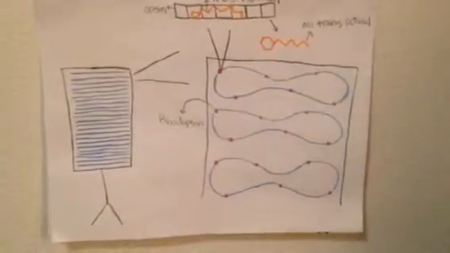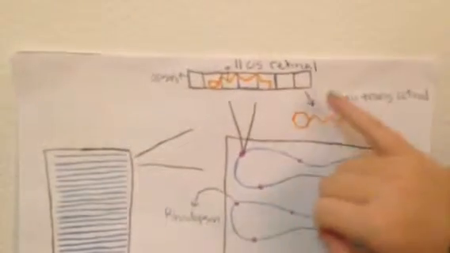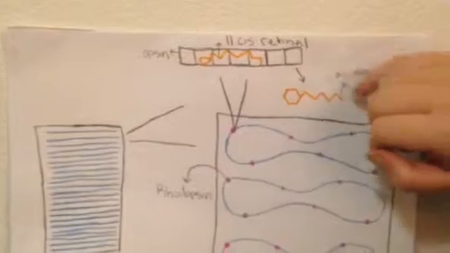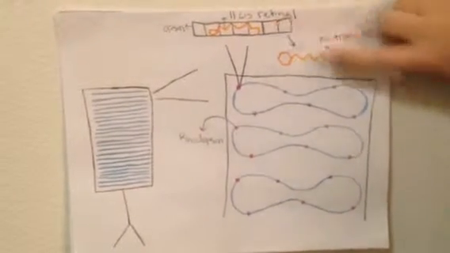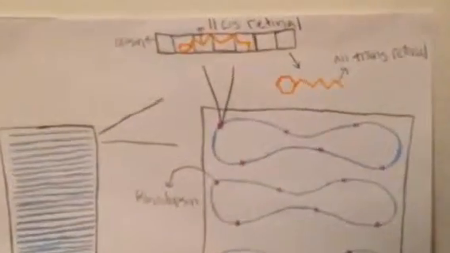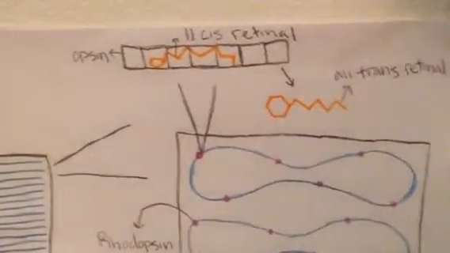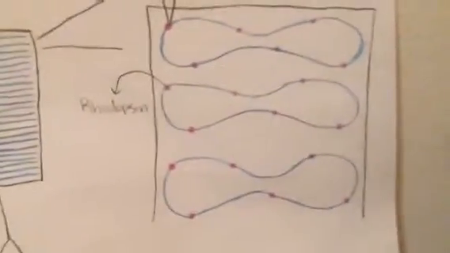These small pink dots are proteins called rhodopsin, and it is comprised of a main subpart called opsin, and also has the 11-cis retinol. When light hits the 11-cis retinol, it causes it to change configuration. You can see it goes from this bent tail to a straight tail, and it becomes known as the all-trans retinol. When the 11-cis retinol changes configuration, it causes the whole rhodopsin to change configuration,